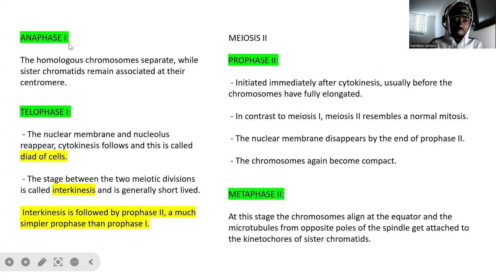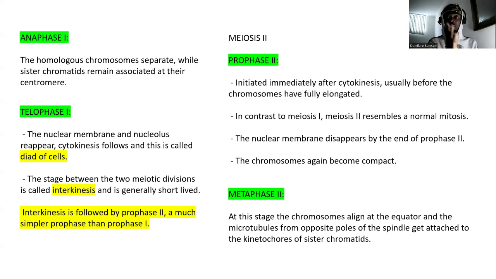So the telophase now. Remember, homologous chromosomes are separated here. Are you getting me? And when they separate, what are they trying to do? They begin to move towards each pole. If you remember the anaphase, the process is the same, just some little adjustment, like I told you. At the telophase now, the nuclear membrane and the nucleolus reappear. Remember at the telophase, that is the stage where the chromosomes have now separated. So some move to one pole, the other one moves to the other pole. Are you getting me? Then you begin to have the